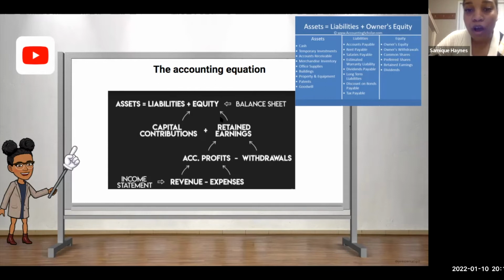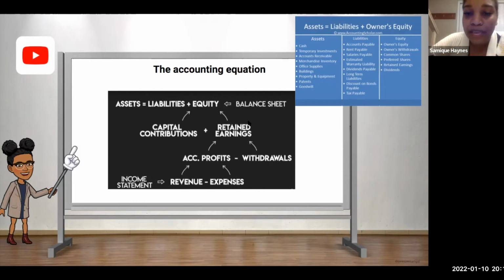But then we also realize that from that money that they contributed, there are profits that we're going to have as a result of that, and that is going to be reinvested into the business as retained earnings. These two things here go into equity, okay? So capital contributions is going to make equity get bigger, right? Equity will go up the more that the owners put in. And the more retained earnings we have, the bigger equity will be, all right?